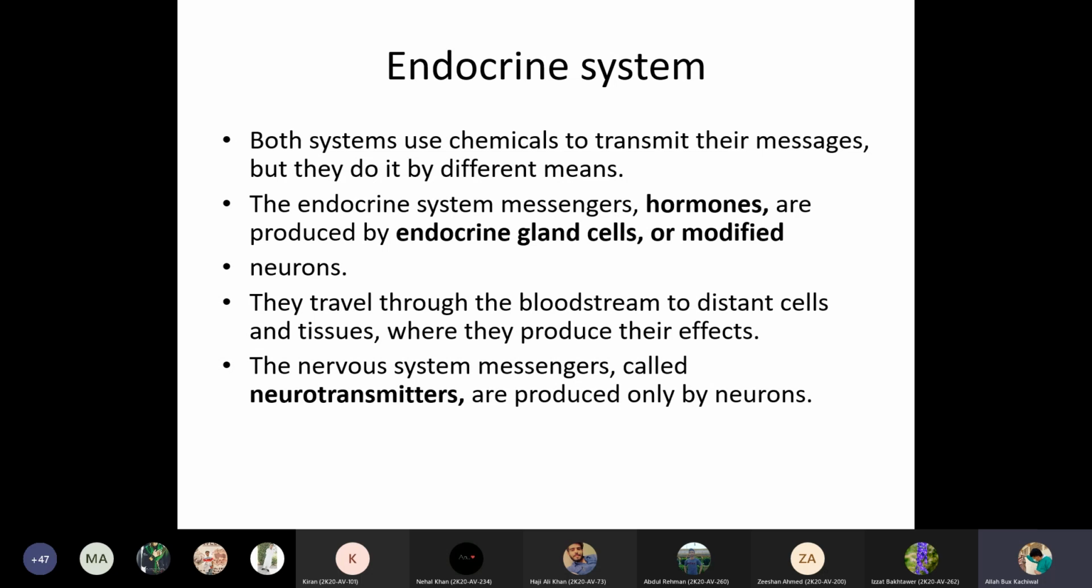और टारगेट सेल्स पे रिसेप्टर होते हैं जो रिसीव करते हैं उस मैसेजेस को और फिर एक्शन लेते हैं to perform its function to produce a product. The nervous system messengers, called neurotransmitters, are produced only by the neurons. तो ये सिर्फ न्यूरॉन से प्रोड्यूस होते हैं,